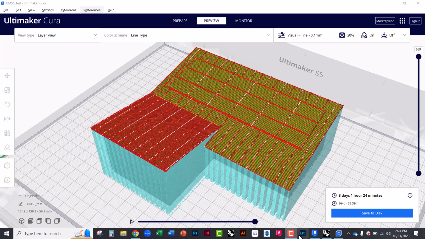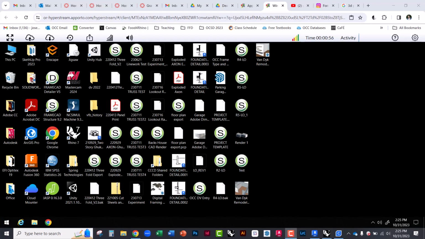Is Cura supposed to be in photo? Okay, so